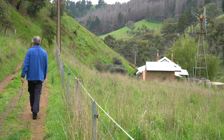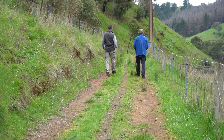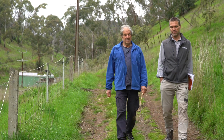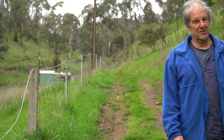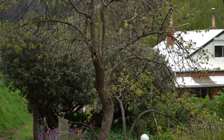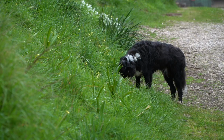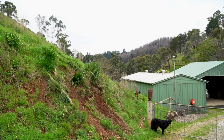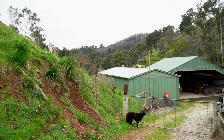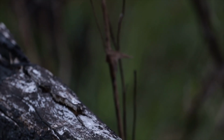And one of the major things in terms of creek lines and watercourses in the Mount Lofty Ranges, one of the main threats to them is livestock. So if we can keep livestock out, and I know for a lot of landholders that's hard because, you know, money's hard to come by, you've got to put a fence up, and it's a lower priority. You know, there's a lot of things in life, but if you can really look after your watercourses and keep livestock out of those watercourses, that you're doing one of the best things